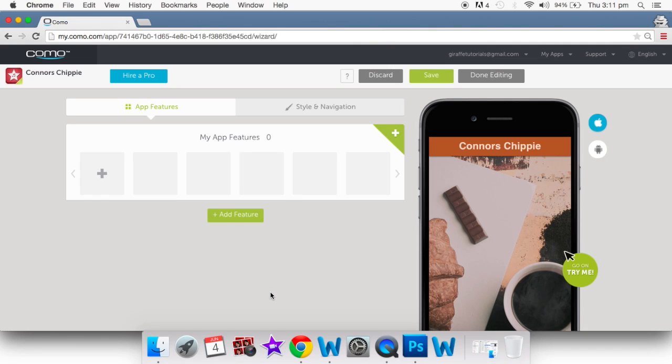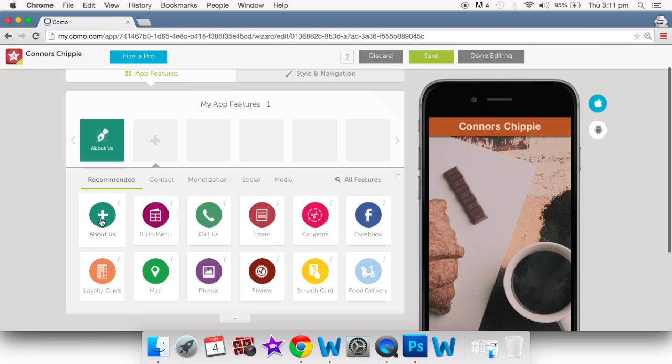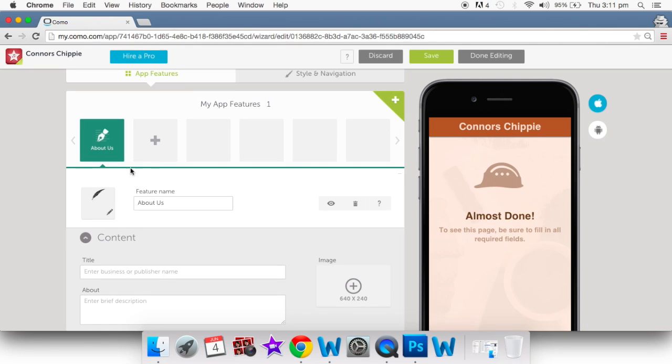Okay, so now you're taken to this page here where we can see a live preview of our app. Now you can see that there's nothing on our app at the moment, so we're going to go through and add a few pages first. So to do that, you're going to come up to this plus tab here, and then you'll be taken to this page of recommended pages to add to your app. So I'm just going to go through and add a few of them. So I'm going to add an About Us page,